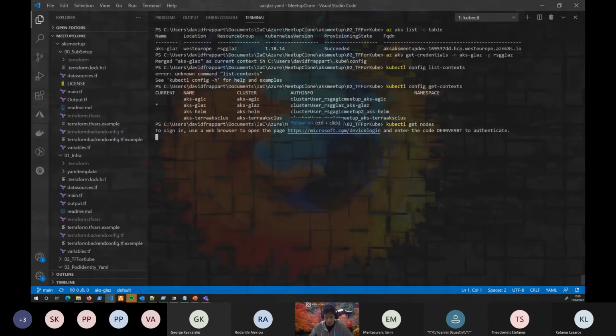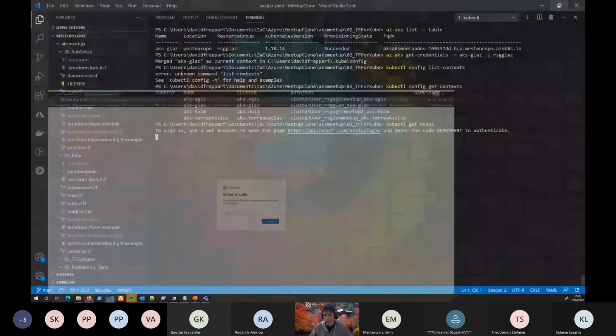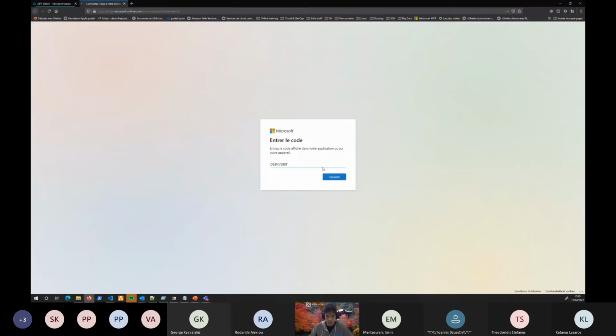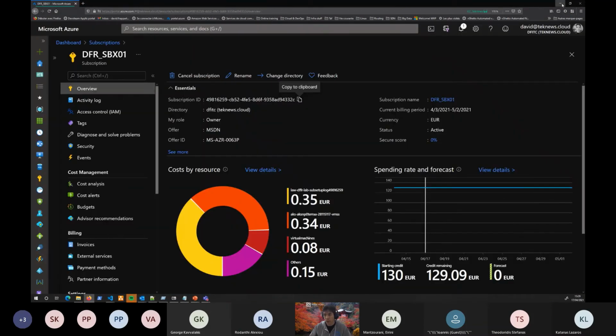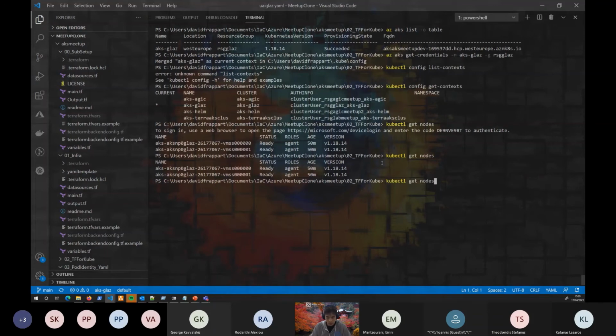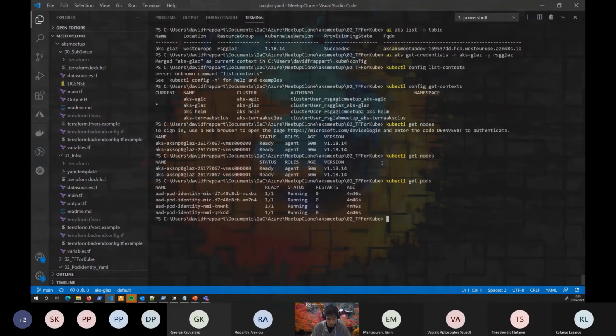I'm integrated with the Azure AD, so I need to connect with Azure AD. That's me, perfect. It seems to be working. Let's reduce that. And so, okay, I can get my two nodes. If I'm just doing now a kubectl get nodes, I do have two nodes. And if I'm doing as I did earlier the pods in my default, so I'm not specifying the namespace because this is the default, I can see the node that I am interested in.